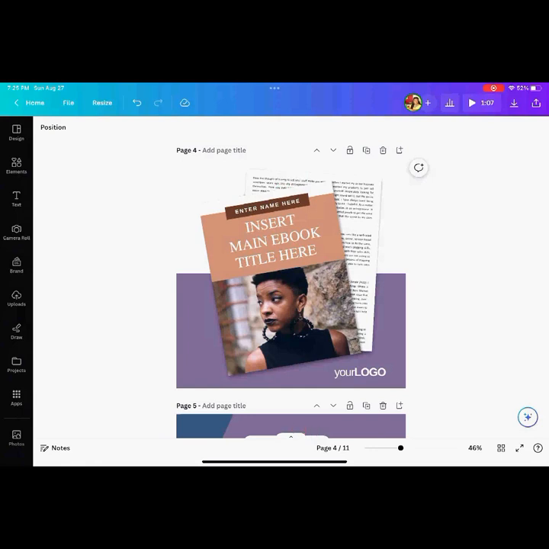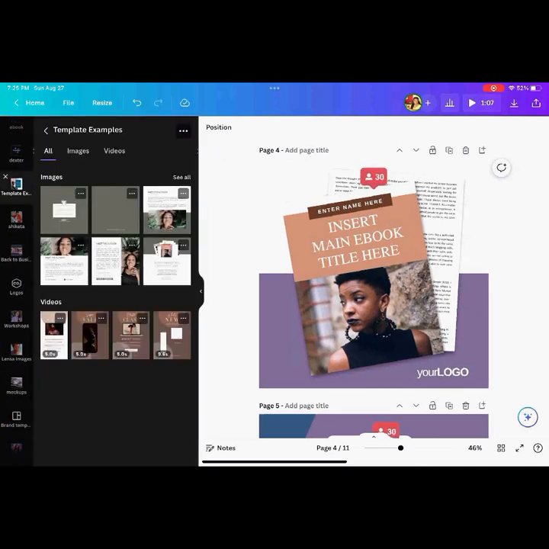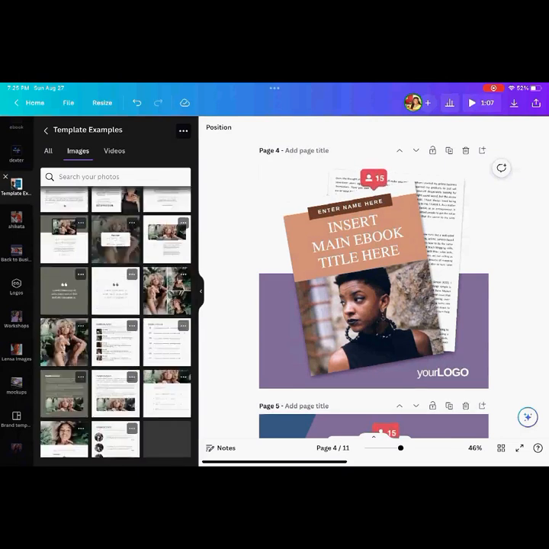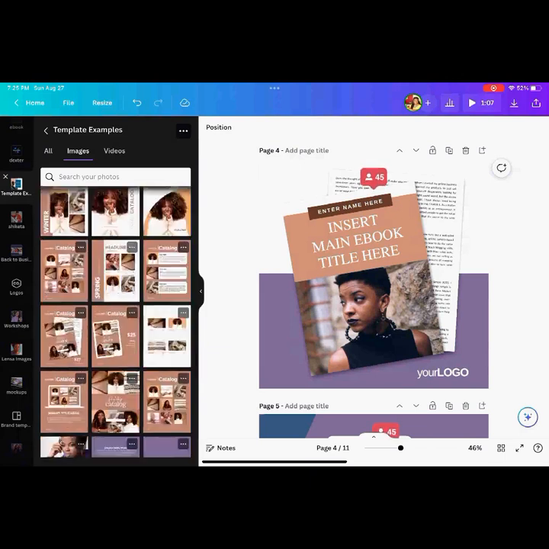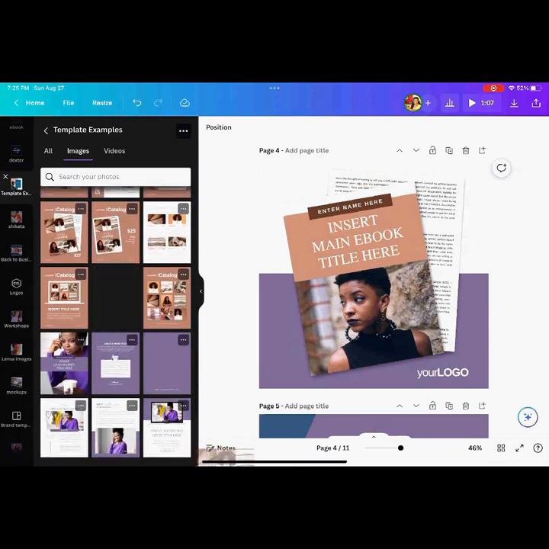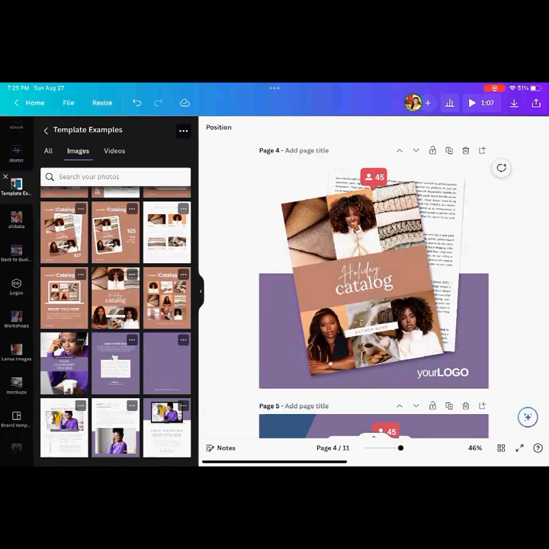Number two, remember I said one of the things that you might want to do is to download the image of the front of your graphic or even the internal pages of your ebook if you've used one of my ebook templates, right? So if I were to do that, I could easily then come in here, upload images of my new ebook, and then drag and drop them over into this document, right?